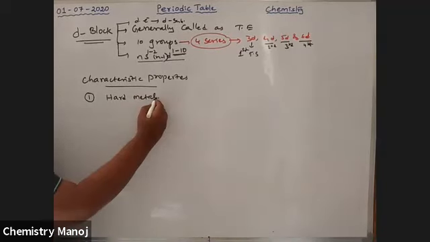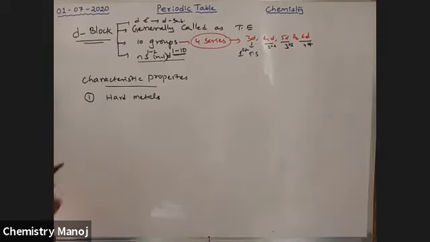These are hard metal cells. But S block elements are soft metal cells. S block elements are soft metals. That's why they are easy to cut with a knife. But these are hard metals, just like our iron. Is iron cut with a knife? No. That means these are hard metal cells.